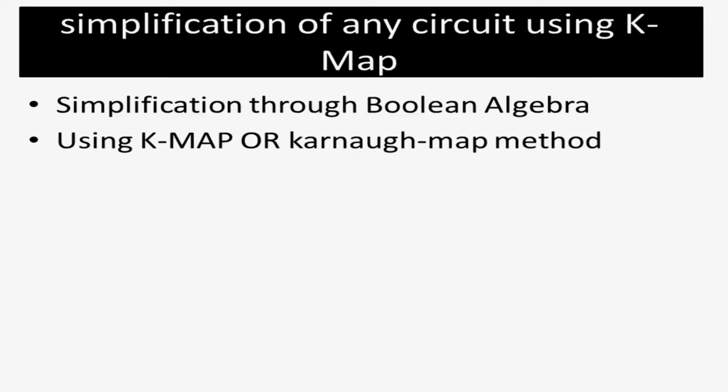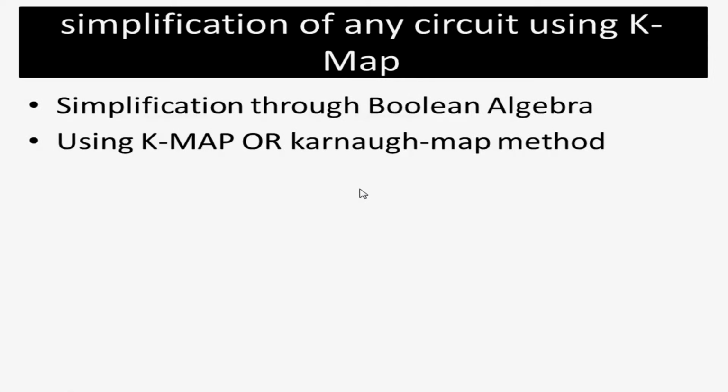or coordinate map, also known as a coordinate map too. The coordinate map is quite easy compared to the Boolean algebra techniques, because there we have to remember the formulas of the commutative property and associative property, while the mapping technique is quite easy. The K-map technique is easier than Boolean algebra techniques, so it is really important for the simplification of any circuit using a digital logic system, using logic gates.